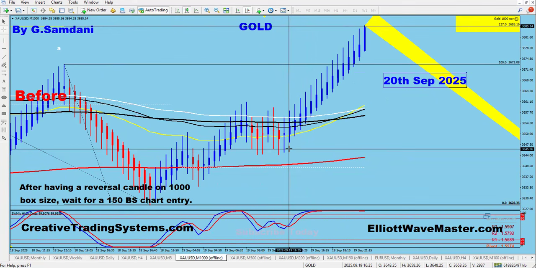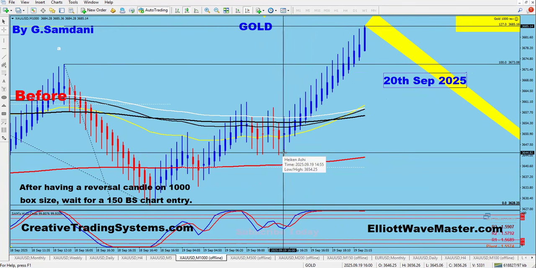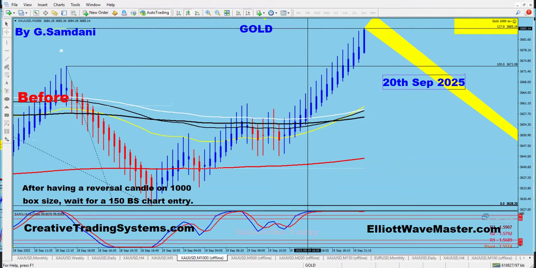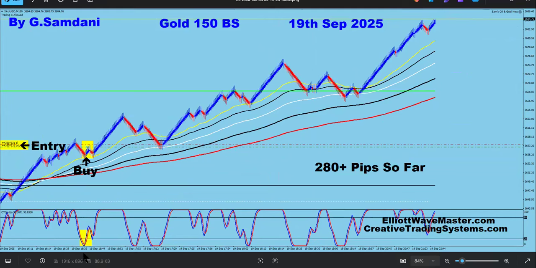What time? It's September 19th, 1625. This reversal candle, the bullish reversal candle was done, and the alarm started beeping. So you see 1625, and this entry came 1635, only 10 minutes after. 1625 was somewhere here. Somewhere here, that bullish reversal candle alarm beeped. I look at the chart, I place the EA immediately, long only. And if the entry is there, that's it, it's going to take it.